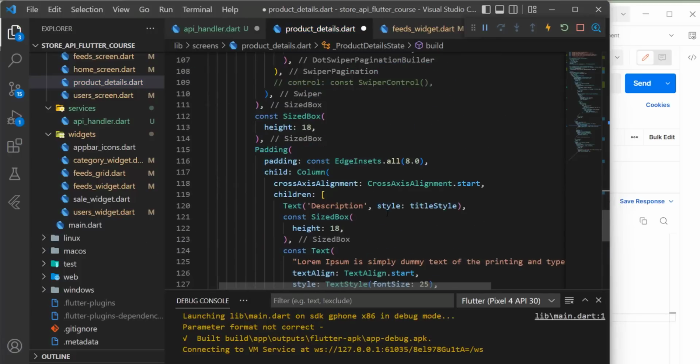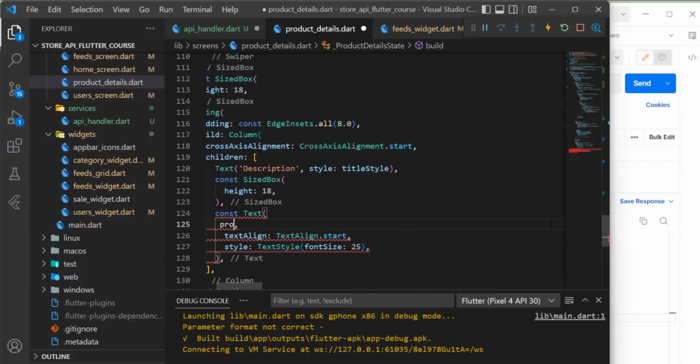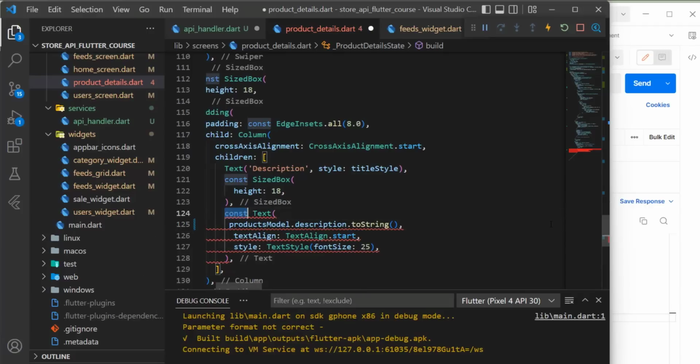Now let's scroll down. We still have to add the description. So let's say product model.description.toString, just like this, and remove this const from here,